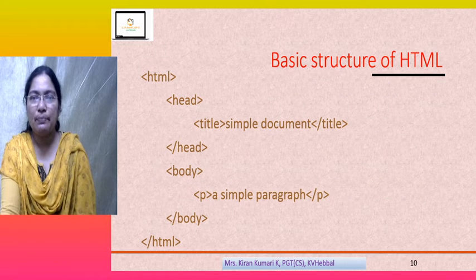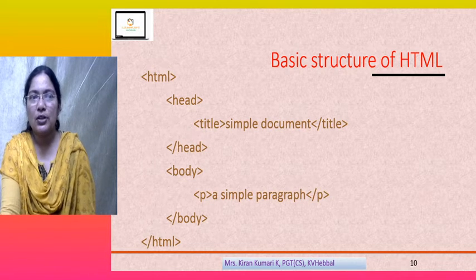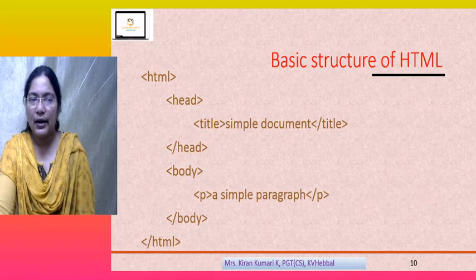So what is the basic structure of HTML? If you look at the HTML tags, whatever coding you write for that document design, HTML is a tag. A begin tag will be there and an ending tag. Within the HTML tag, the header is enclosed in the head begin tag and then the head ending tag, and then the body, all together within the HTML.